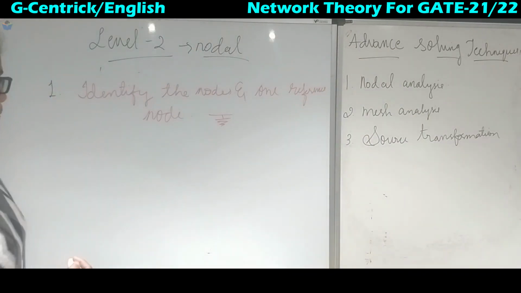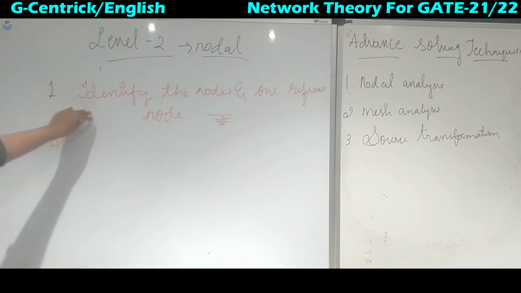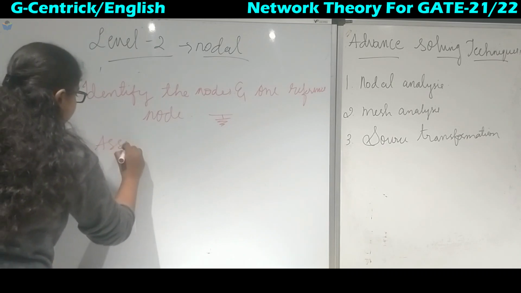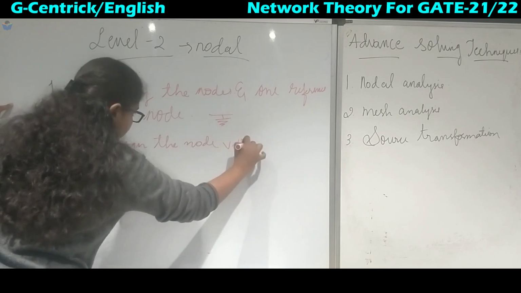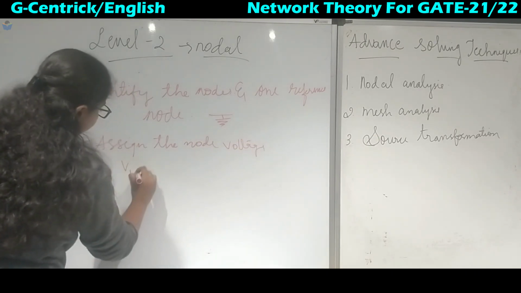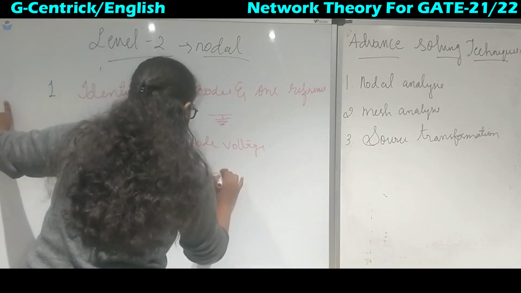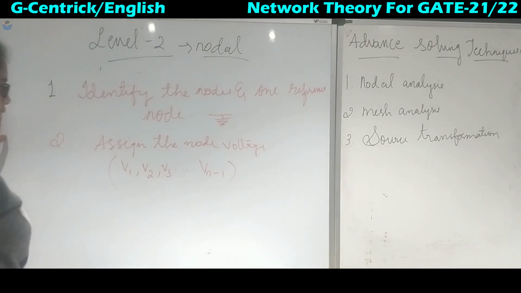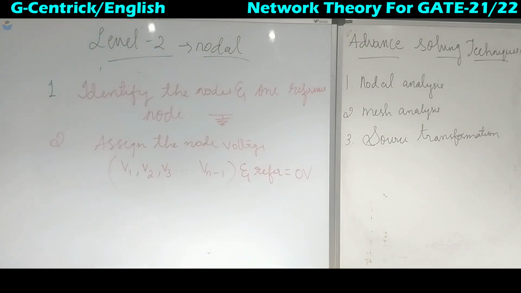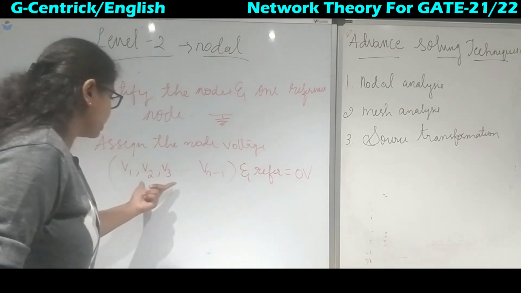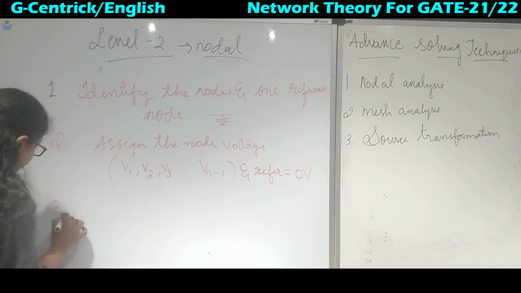Now coming to the second point, after you identify the nodes, we have to assign their voltages. So the second step is to assign the node voltages. We will name them V1, V2, V3, and so on up to Vn minus 1, and the reference node we will not assign, because it is always 0 volt. So we assign node voltages for n minus 1 nodes. So the third point is, write the